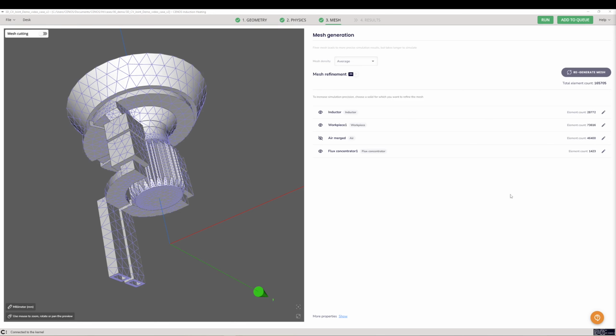After mesh generation, you can see the full mesh size here, under the Regenerate Mesh button. You can also see the mesh size for each of the geometry roles here. Note that mesh size directly correlates to the calculation time, so the larger the mesh, the longer the calculation will